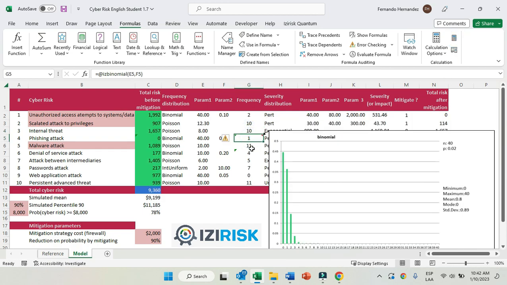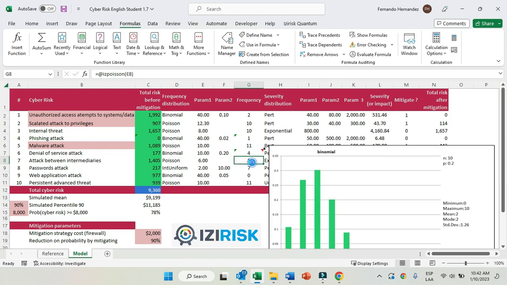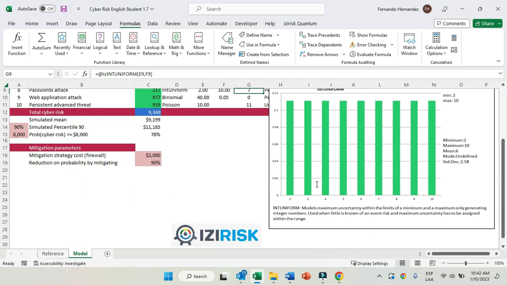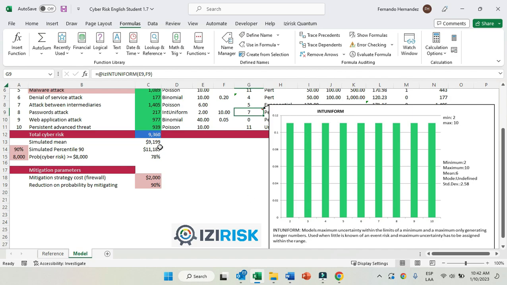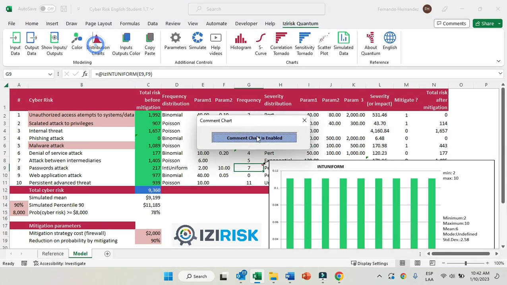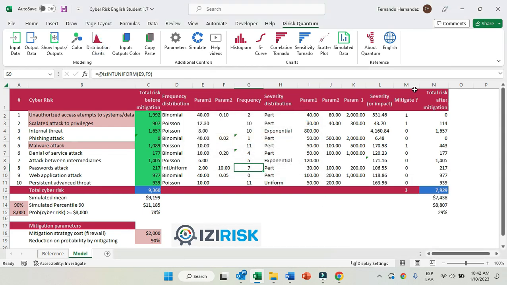Each one of the risks, as you can see, has been laid out on its frequency side using either binomials or Poissons, or even an integer uniform distribution, which would yield equal probability for each one of the numbers between the min and the max, 2 and 10 in this case. I can always go and turn off these distribution charts by disabling them, and I can go to the severity part,